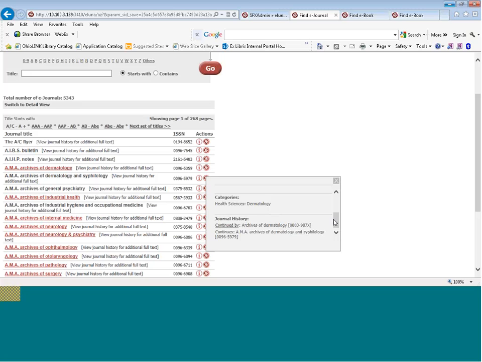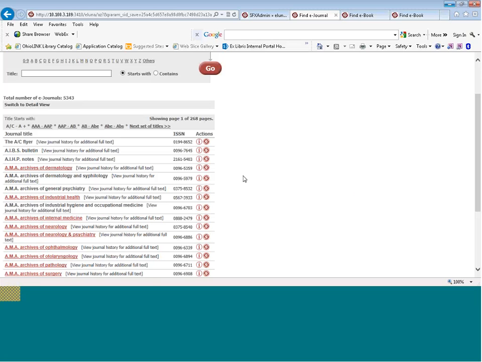And we'll also see related object information, in other words, journal history. So in this case, it looks like it was continued by a couple of different other titles here. So speaking of related objects, or in other words, related titles like we're seeing here, if you look in my